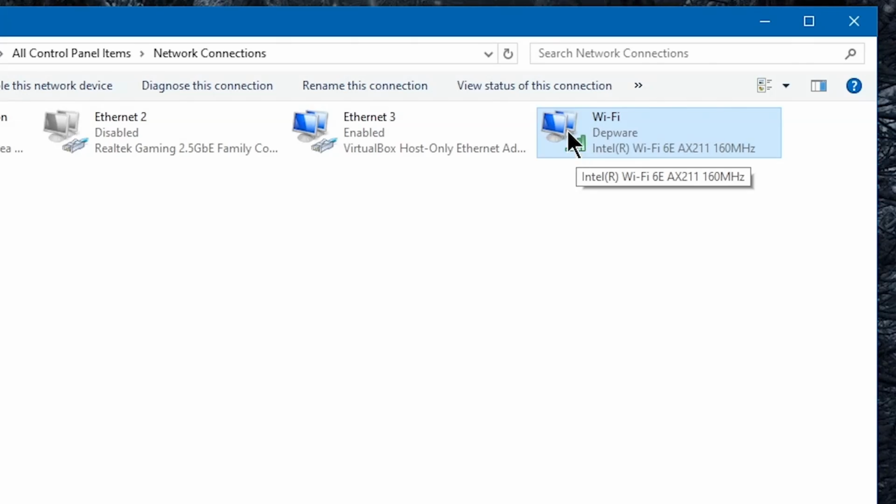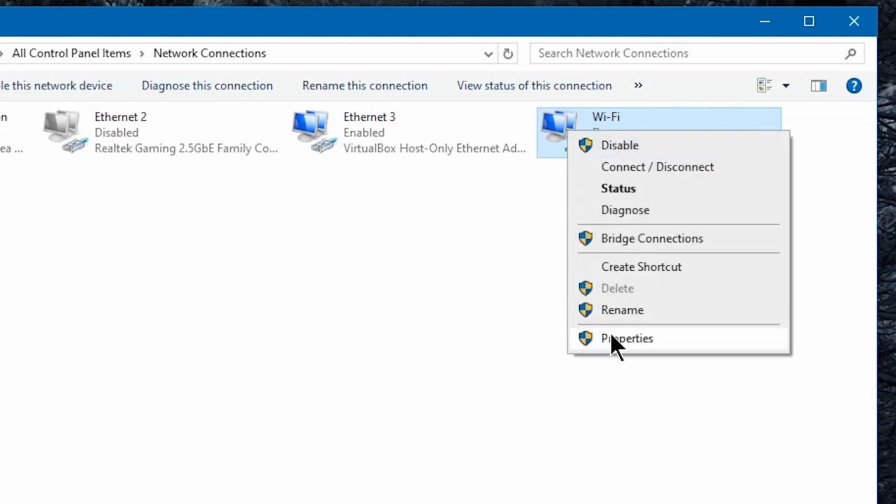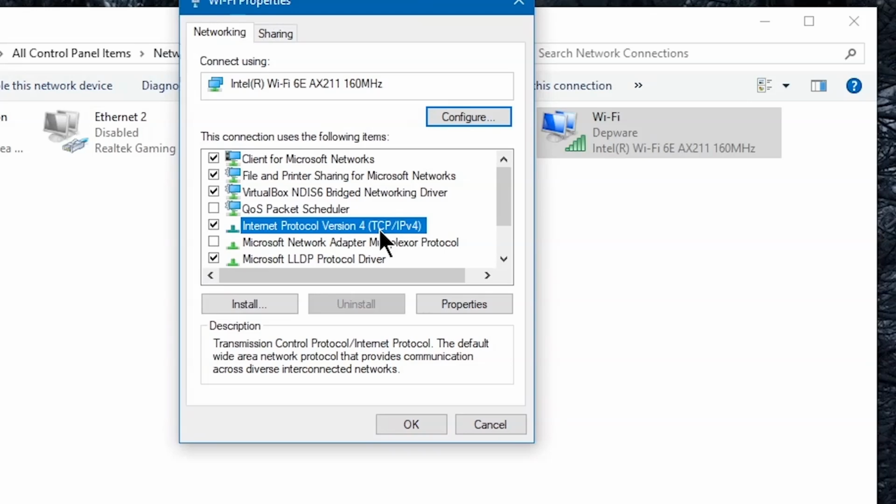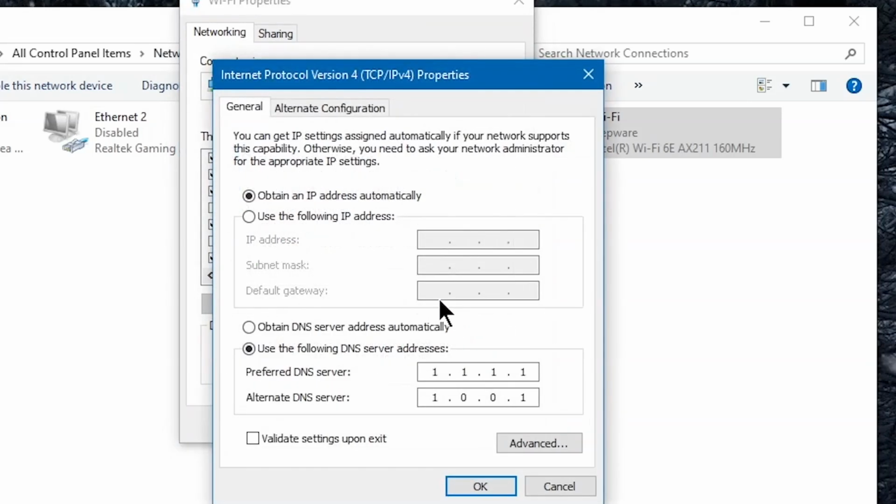So the next thing that we need to do is right click on it again, go back to properties, and then in this section, go down to Internet Protocol version 4. Click on properties. So what we're changing here is the DNS server address. So set the preferred DNS server to 1.1.1.1. And then right below it, go to the alternate DNS server and set that to